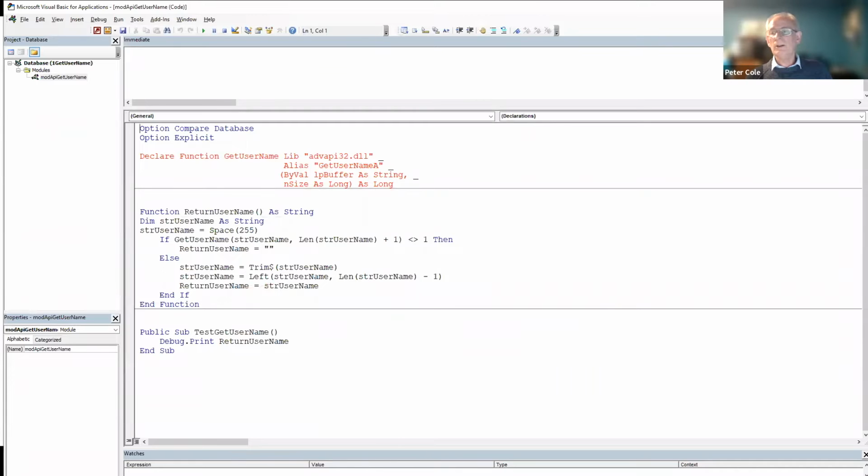Can you see the code? Yes. As we can see, we've got a problem here because we've not got a PtrSafe in there, and we don't know whether anything else might change. So what we're going to do